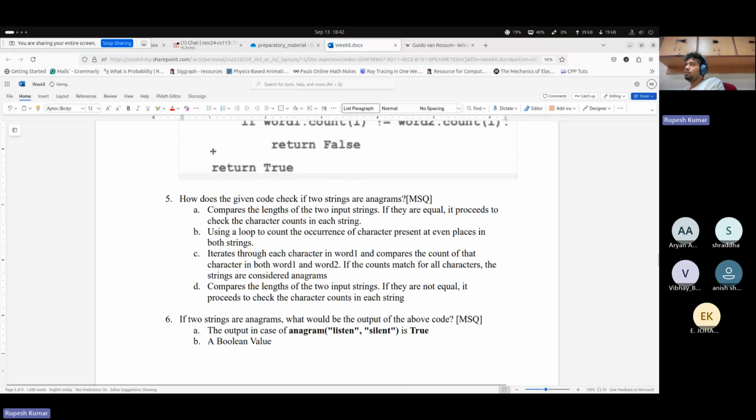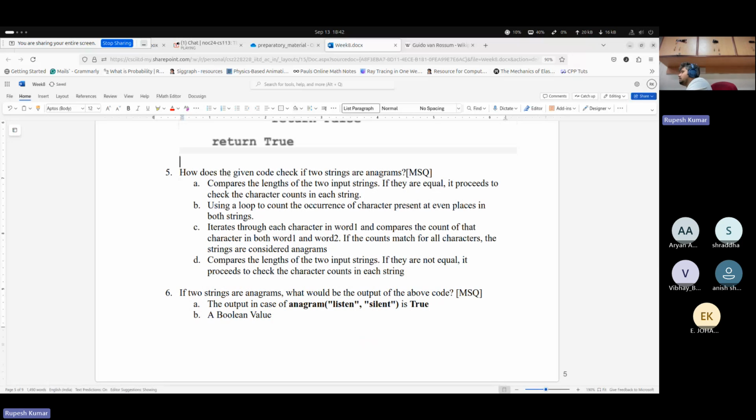Fine. So let's go to question number 5. It says, how does the given code check if two strings are anagrams? And multiple options might be correct for this problem. So let's see. Compares the length of two input strings. If they are equal, it proceeds to check each character counts in the string. So this is correct. Basically, for two words to be anagrams, the number of characters in both the words